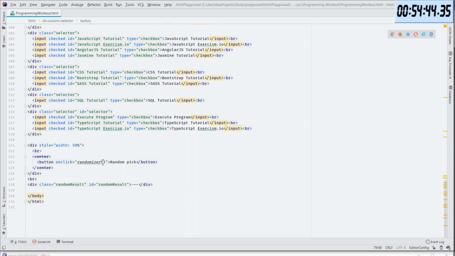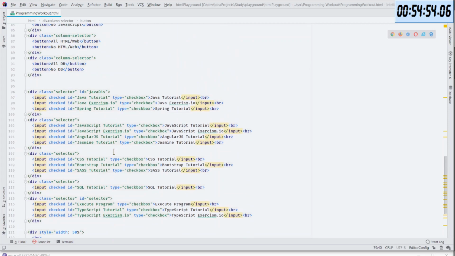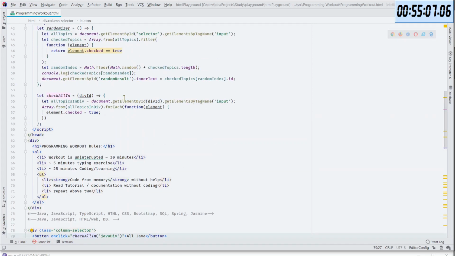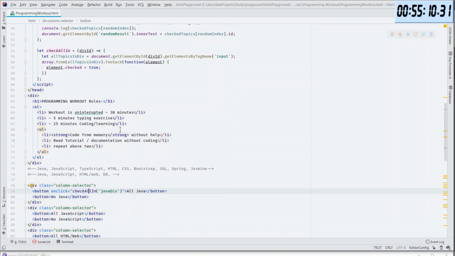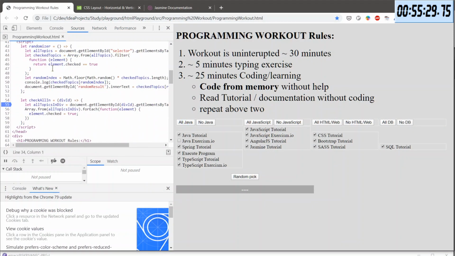Button on click, randomizer. Why does it not work? It's not hitting my thing.